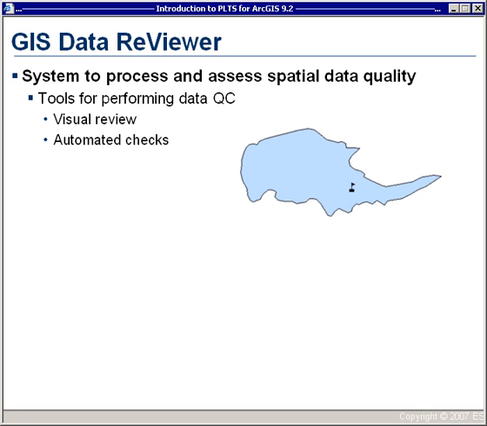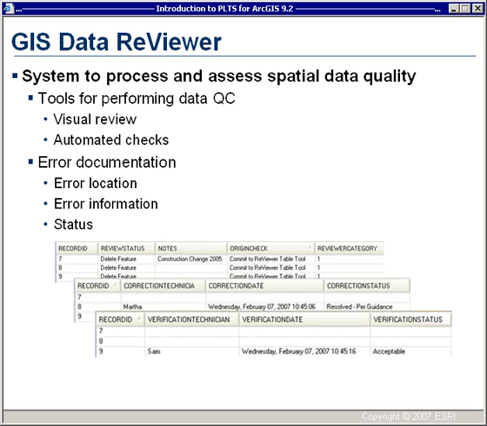An example of an automated tool would be one that is configured to check for spatial accuracy of features. One such example of a spatial check is shown here, where there's a school located inside of a lake polygon. It's not a typical place to put a schoolhouse. There are also automated checks that will look for errors in the attribute values of spatial and non-spatial tables. All errors found,